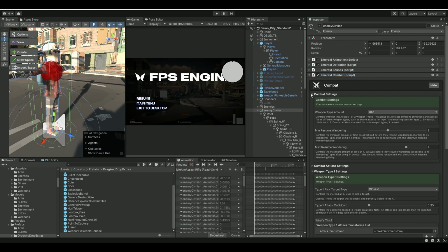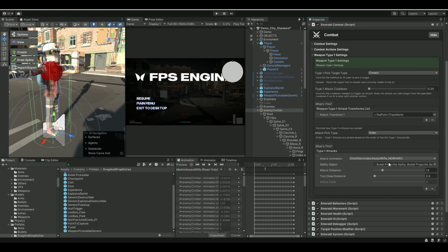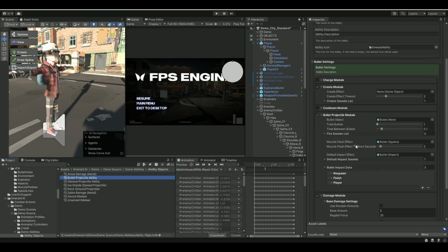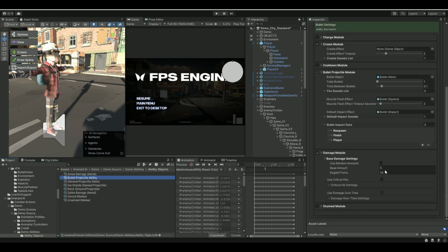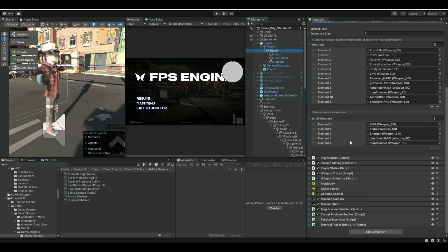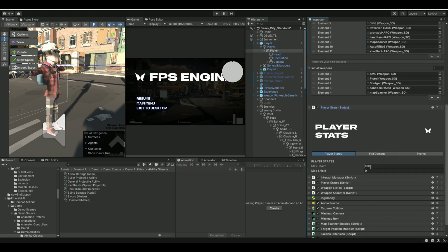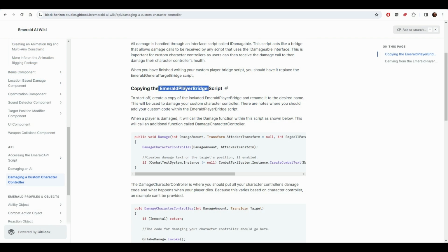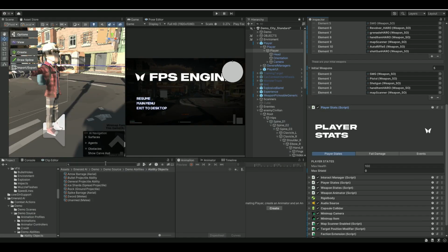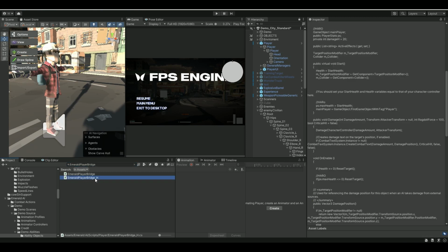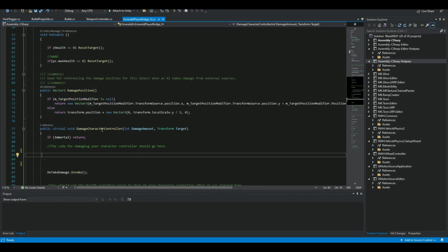So if we go into the combat and go into the bullet here, bullet projectile, we can see we set the base amount damage to 5 here. If we set it to 50, that means 2 shots on us, then we will die. Why? Because we should also have 100 in health here. If we go down to the player stats here, max health is 100, right? So go in and find this component here and make a copy of it. I already did that, so the original script is here, and I made a copy and just called it underscore H. Okay, so open that one up, go down to the damage character controller, which is here,